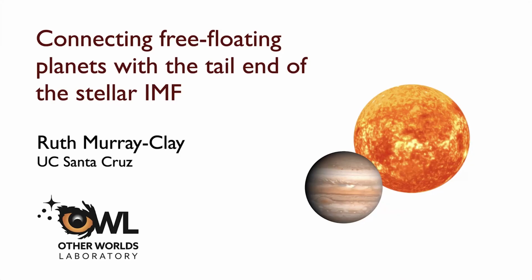Thanks, everybody. Good morning. So I'm going to be talking about connecting free-floating planets with the tail end of the stellar IMF. And as we know, this is important because the planet mass function gets to pretty high masses. The RV planet population goes up to 20 Jupiter masses, so that's overlapping with brown dwarfs. And as you go out to larger distances, we know that the planets go up at least to 5 or 7 Jupiter masses and probably a lot higher if the individual companions that we see form like planets, which is